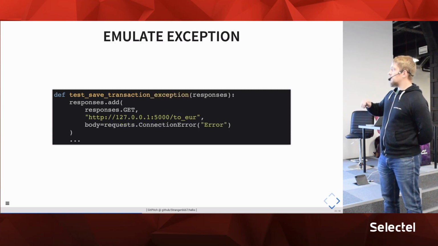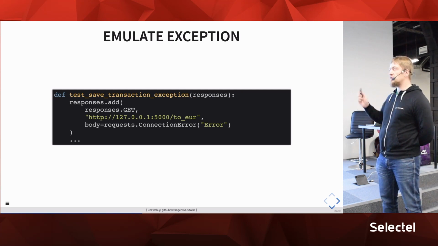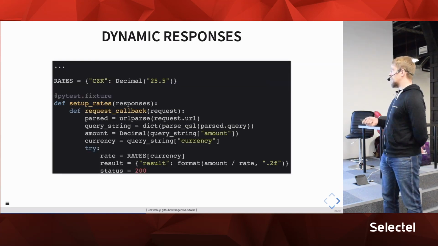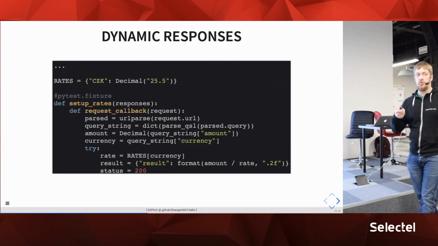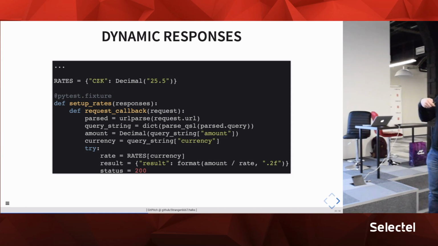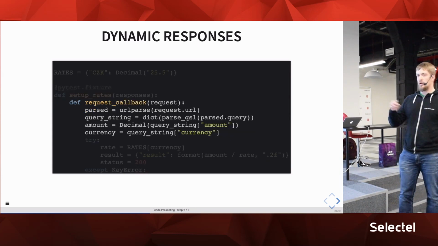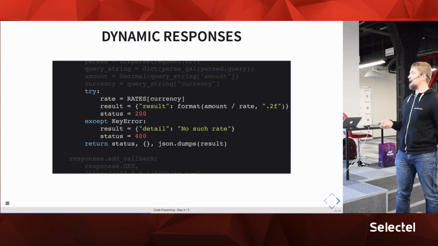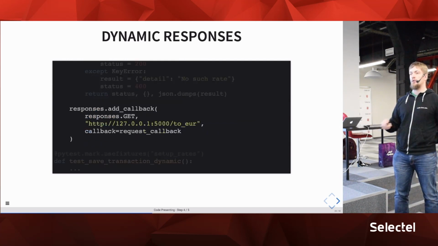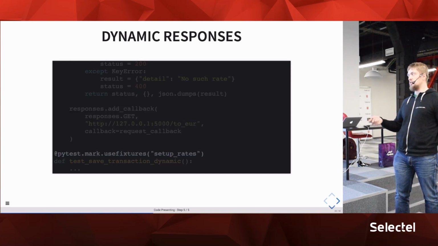And you could just emulate some network exceptions like connection issues, everything basically. It works really, really nice with requests. And it provides you with an ability to specify some dynamic callbacks and specify dynamic responses. So you could just write this dynamic logic on your application side and run it as a callback for requests that will be intercepted, and then just use it in your